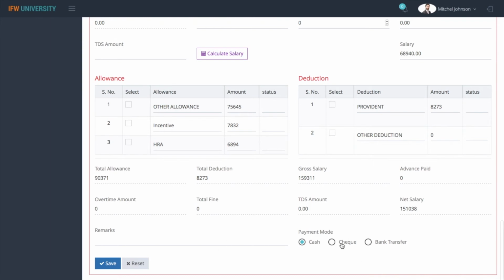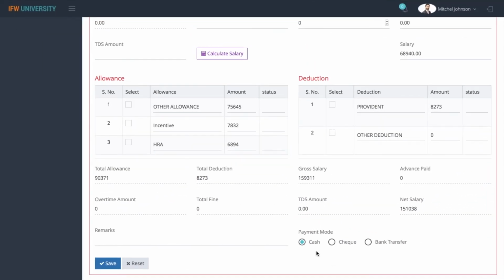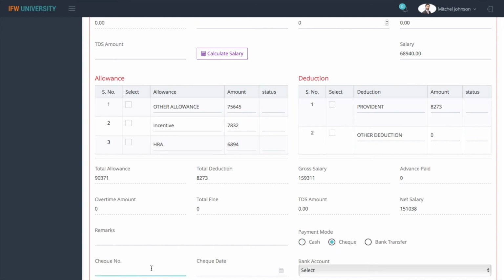Now you can pay the salary using these three payment modes: in cash, by check, or by bank transfer. If you want to pay the salary in cash, you can simply select the option and click on save. If you want to pay the salary through a check, you have to enter the check details here